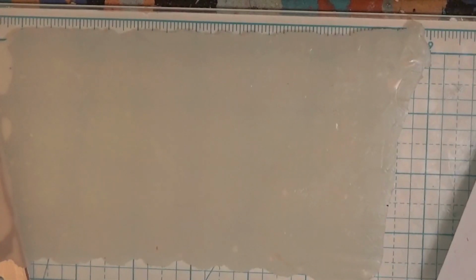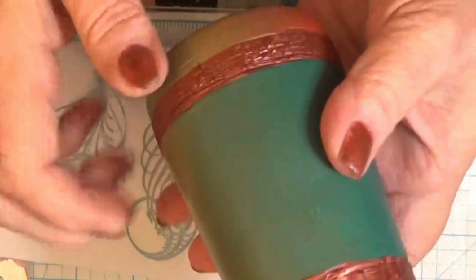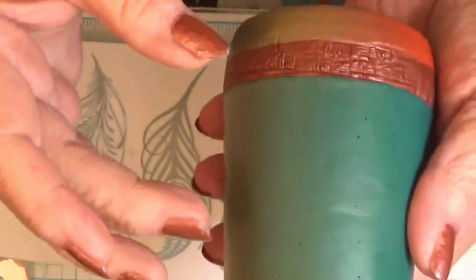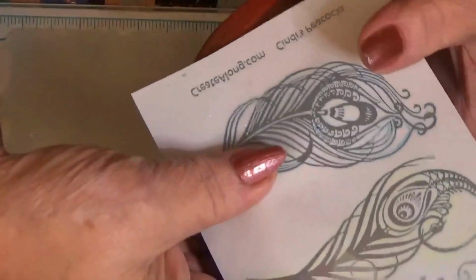Now it's time to do some silk screening so we can put our peacock feathers all around our jar. I'm only going to do 3, and I'm actually going to set them at an angle. I want the peacock feathers to set right in between